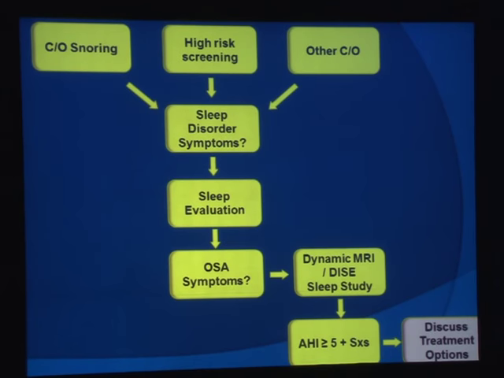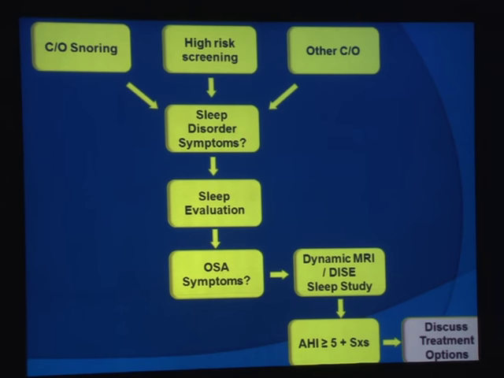Yeah. So basically, if you look into the flow chart, we have 3 categories of patients who come with snoring, who are at high risk, and who are having other comorbid conditions. If there are any sleep disorder symptoms related to that, sleep evaluation has to be done. And if it is confirmed, we will be doing a dynamic MRI, DISE or a sleep study to know how significant the problem is. If the AHI is more than or equal to 5, that is significant AHI plus symptoms, we discuss the treatment